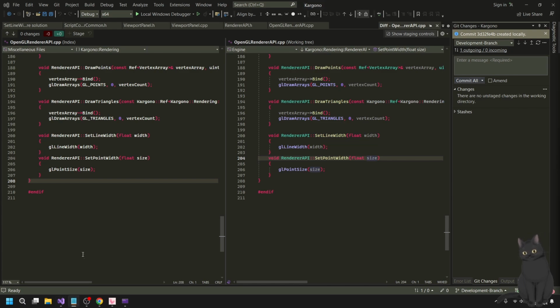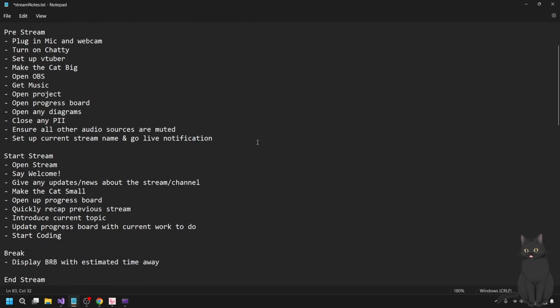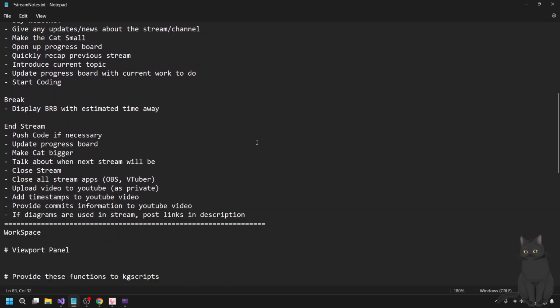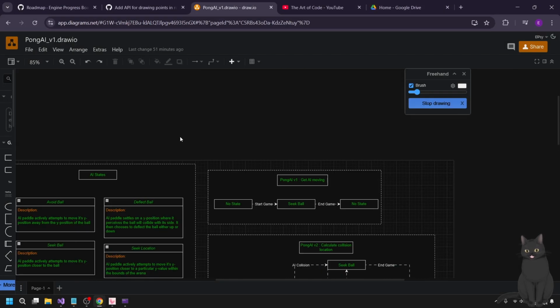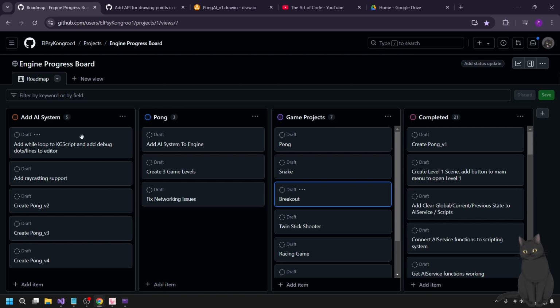Let me actually read my thing for once. Let's see. End stream, push code, yep, update progress boards. The progress board is pretty much the same at this point. Yeah, so we're still working on this. I'd say it's 70% done with this debug line thing.